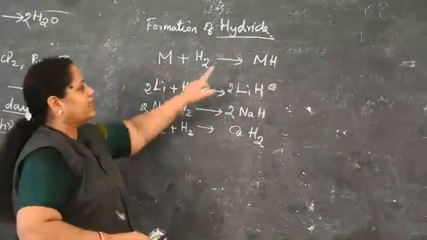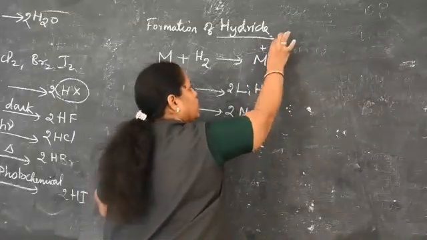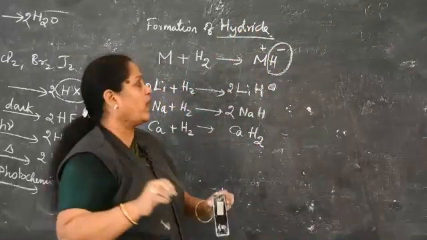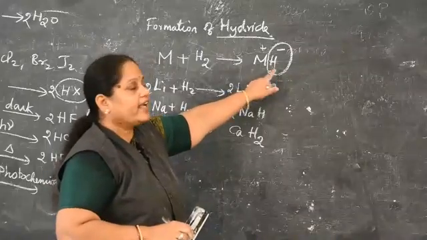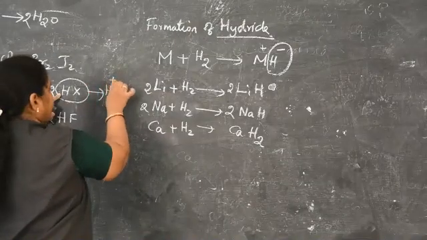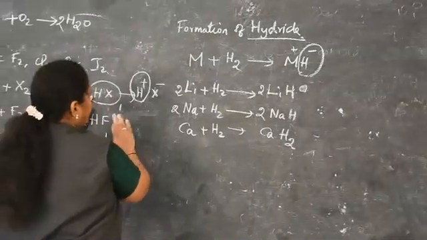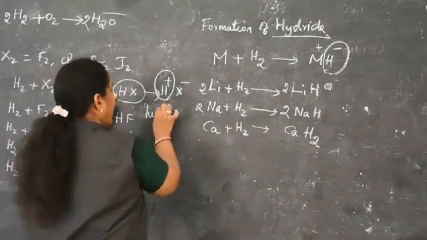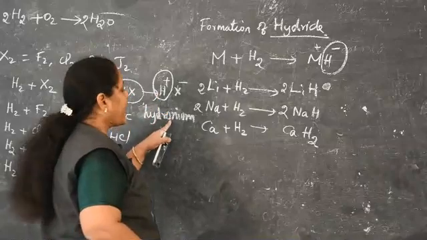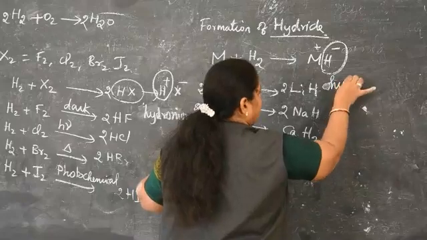In this case, the first one carries what charge? Positive charge, and the second one carries negative charge. So, what is the oxidation state of hydrogen in hydride? Your answer is -1. This is called hydride. This is H plus; it dissociates into H plus and X minus. This is called hydronium ion, or simply called a proton. If hydrogen carries a positive charge, then that ion is called a hydronium ion. If hydrogen carries a negative charge, then this is called a hydride ion.